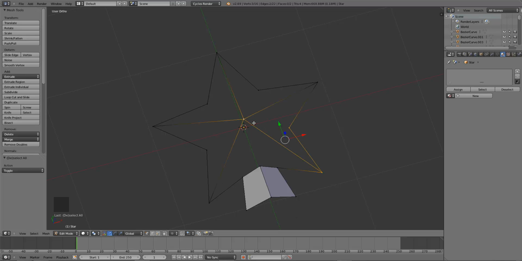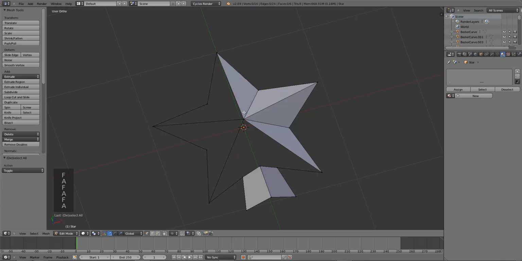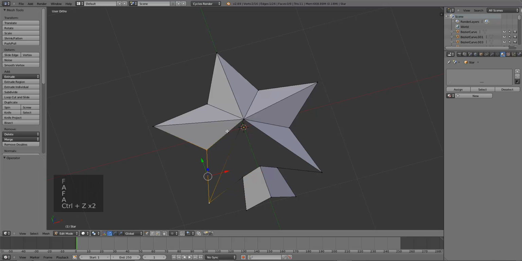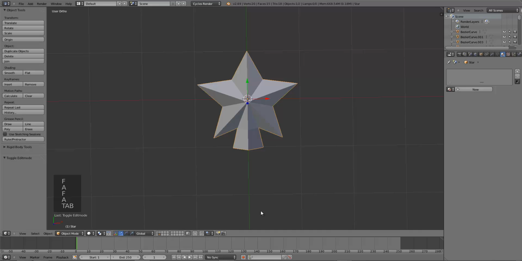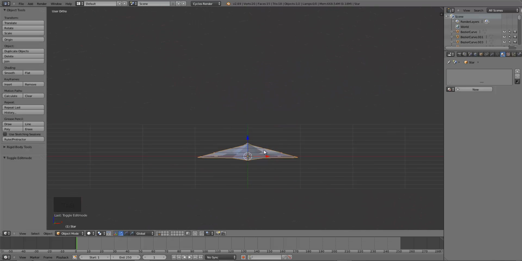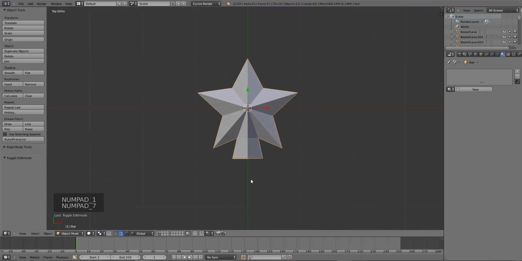Alright, let's just start filling these in as triangles. Work with those. Keep filling those in. Oops. There we go. And those ones as well. Now we have a shape there. Yeah, something like that. And alright, now all we have to do is basically flip it so that it's on